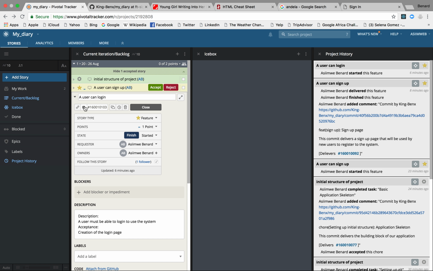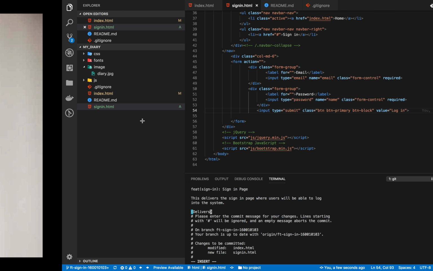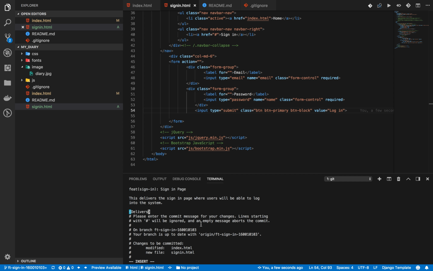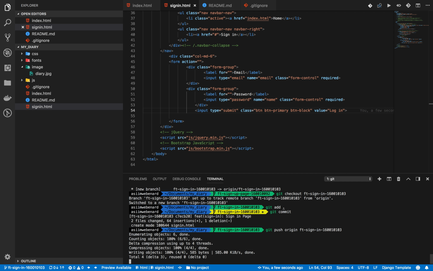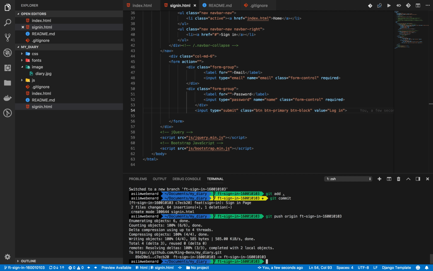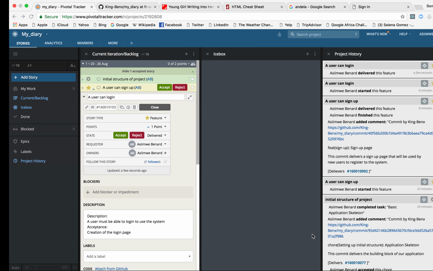Go back to our PivotalTracker and pick the ID. So we can push our code. And just like that,